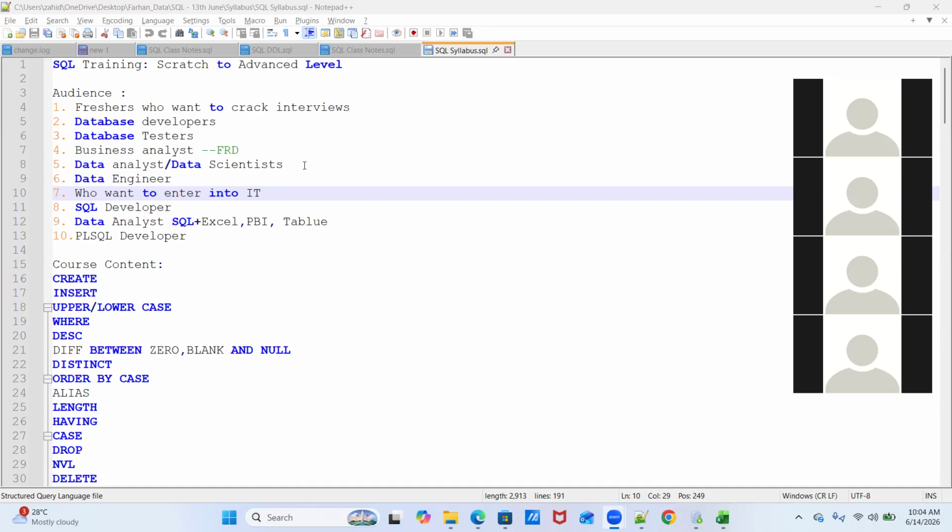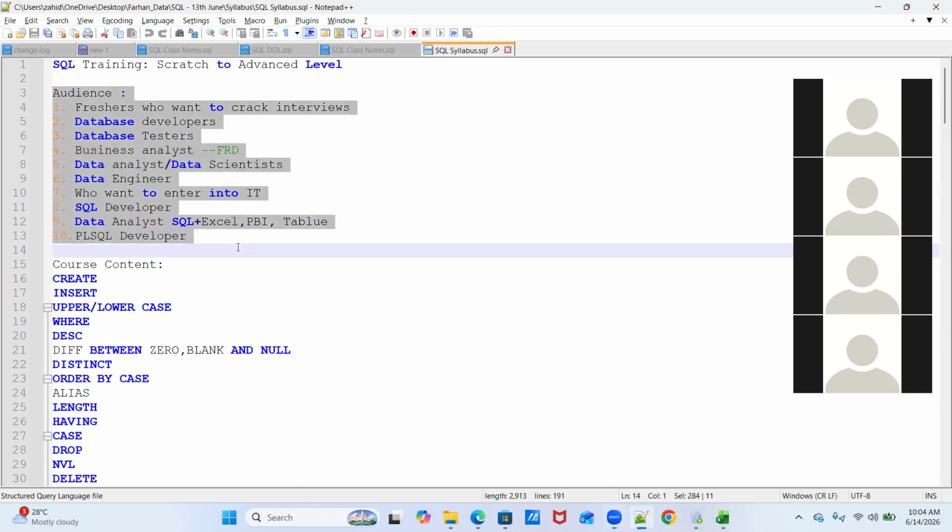I'd say SQL is the easiest course to move into a SQL developer or a PLSQL developer kind of role. In all these profiles I listed, SQL is used.